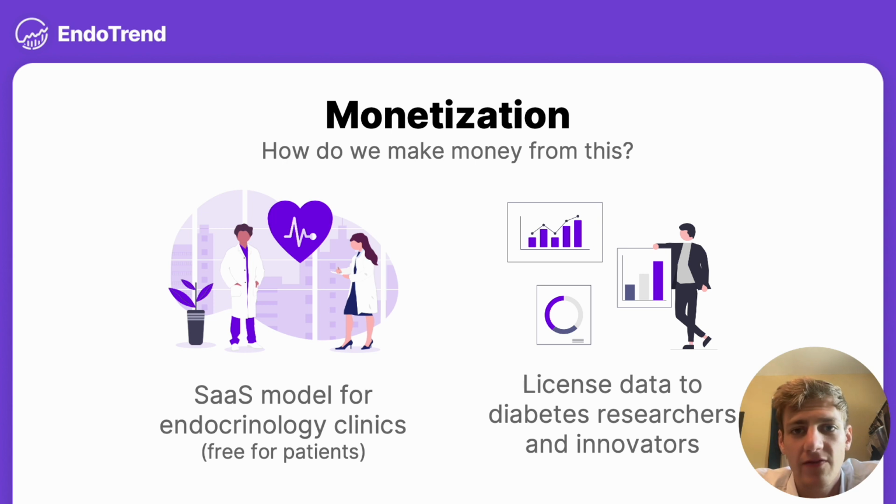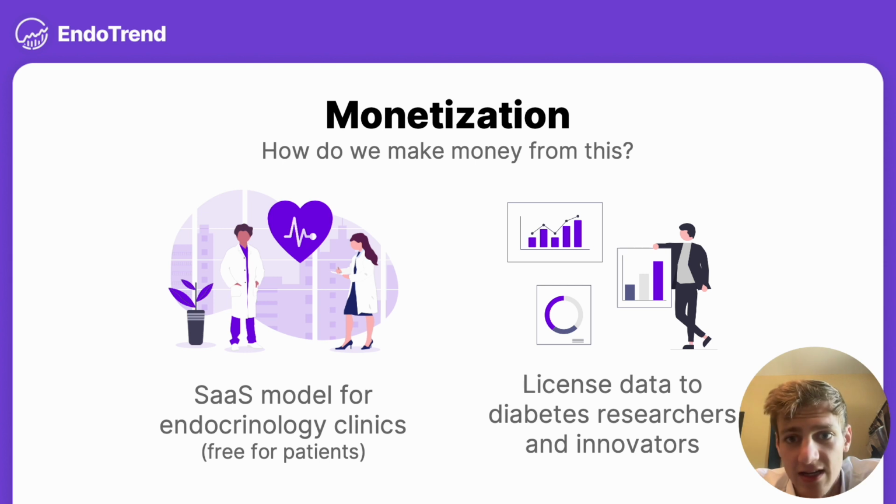So we can make money off of this in 2 ways. First is we charge endocrinology clinics a subscription to use the product and offer it to their patients. This is how we would originally go to market. The second is the one we think is really interesting. We just need a customer base to start this up. Basically, we're providing a service to people, a service that people want to use, and we're offering it to them for free. What we get is a big data set that's really useful because it's not just blood glucose data,